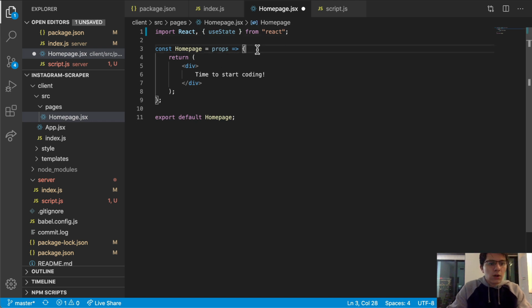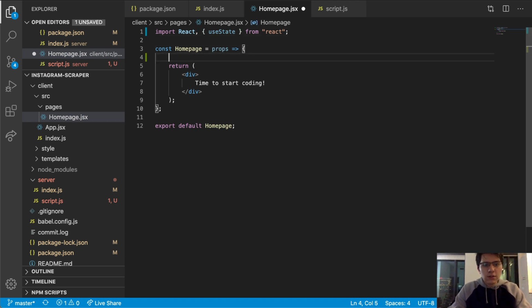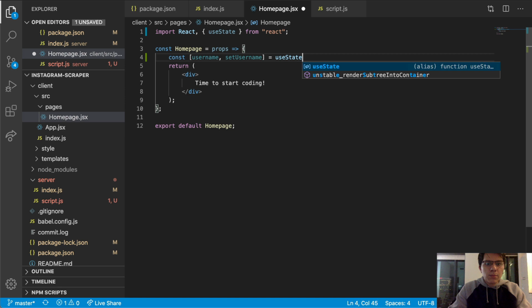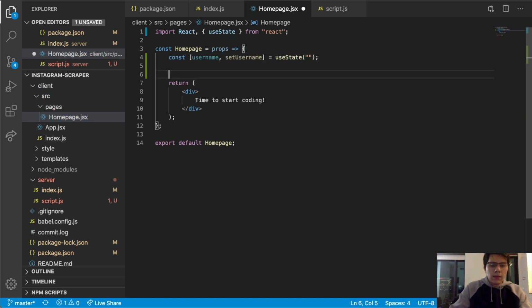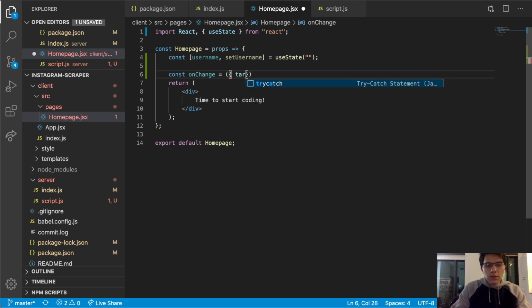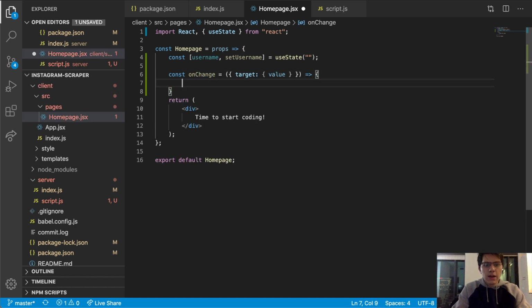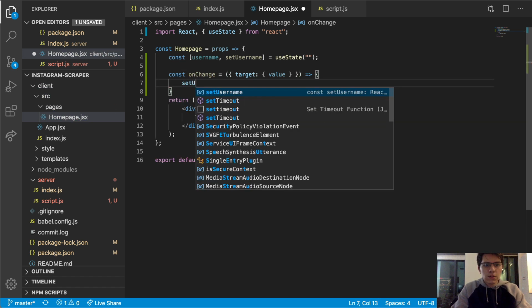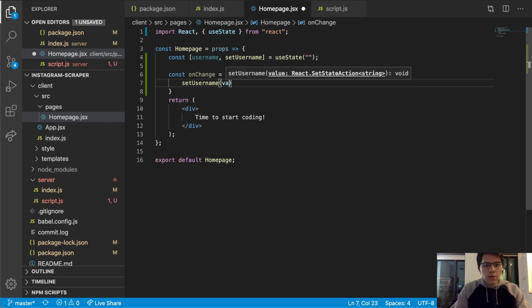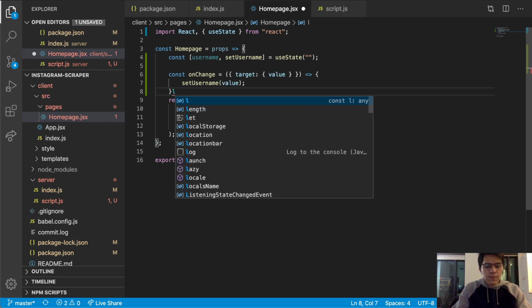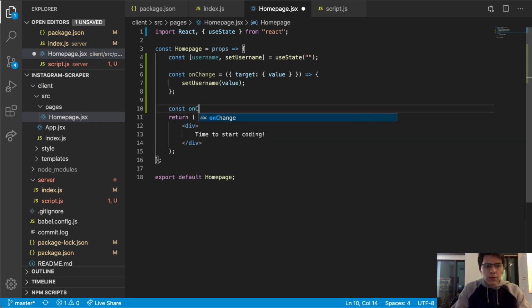Okay, so on our home page, under our client directory, that's where all of our React code lives. Let's do username and set username. And we're just going to bind this to some state so we can actually get that input working. And then we're going to do const on change. This is just going to be for an input box that we set up. So just keep following along right now, and it's going to make sense in just a second. So we're going to do set username to the value, so whatever they type into the input box, and then on click,